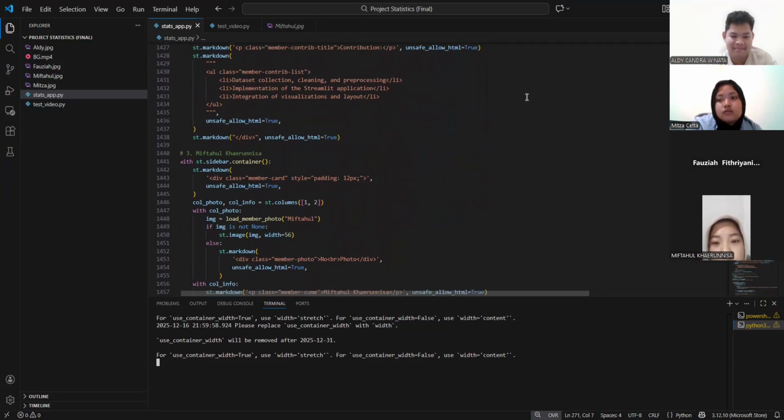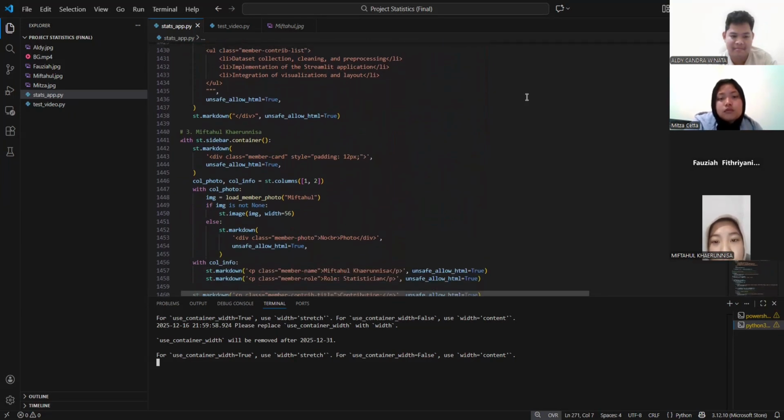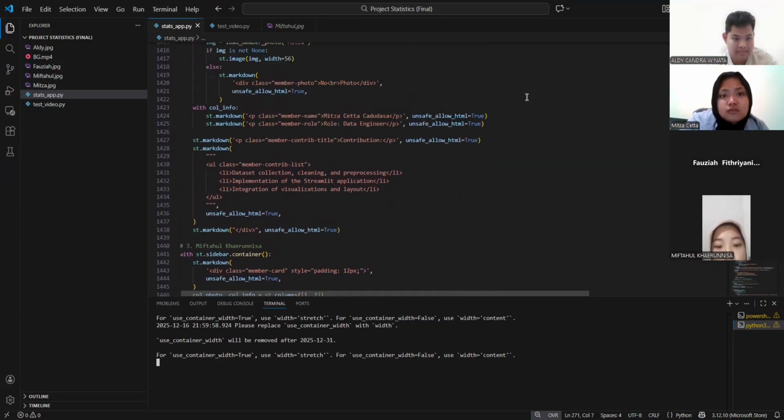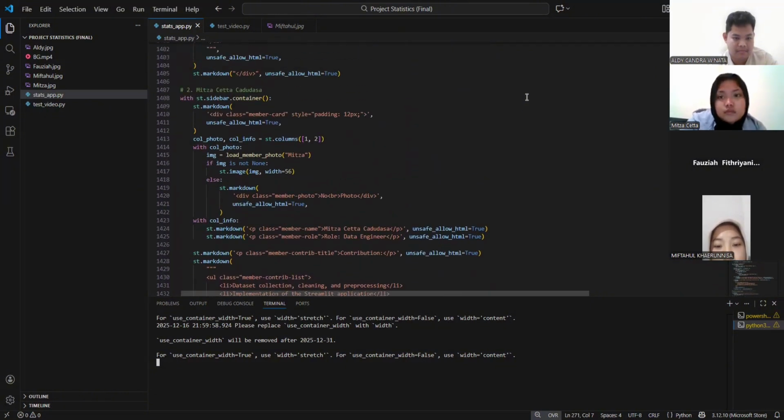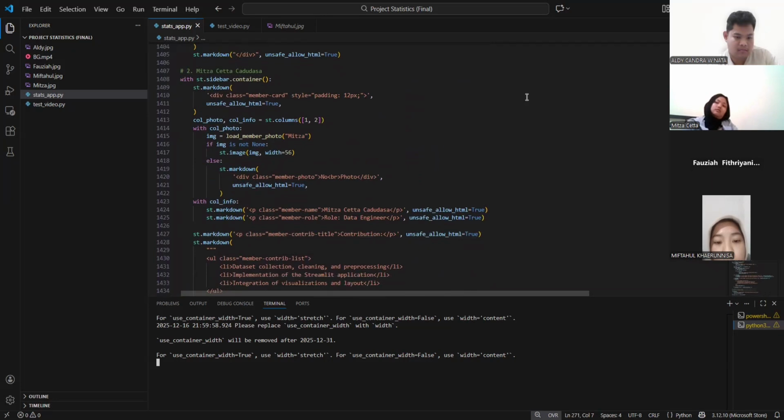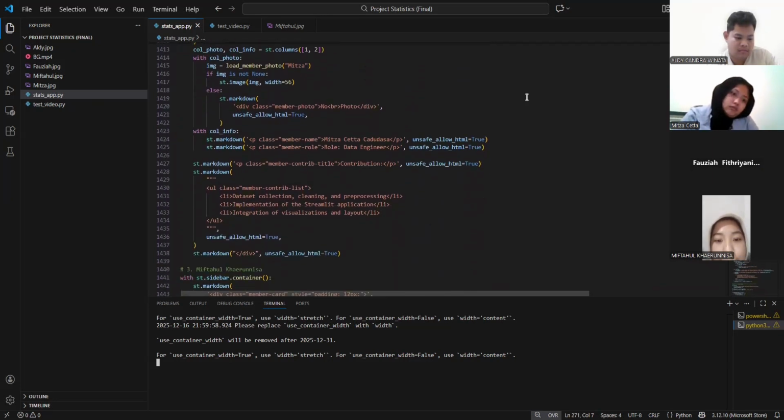Row 1412 to 1420 is the navigation title, and row 1421 is the divider.